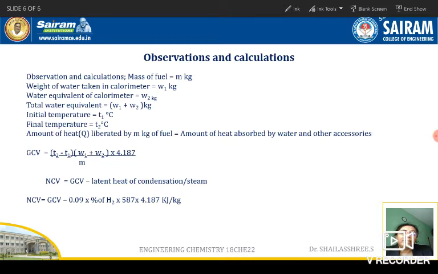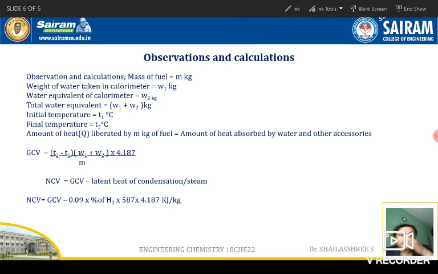I said it will be liberating heat, and the liberated heat is absorbed by the surrounding water, right? Okay, small example, like when we are heating water in a vessel, for example. Is it possible to pass all the heat only to water? It's not possible, right? The vessel also will get heated, then only the heat will be supplied to water. Correct, no? We cannot supply complete heat only to the water. The accessories also get heated.